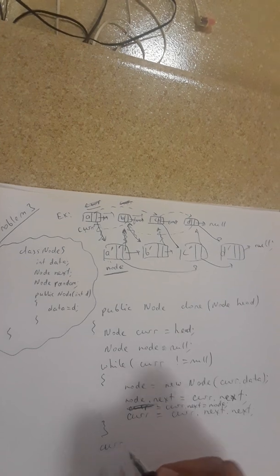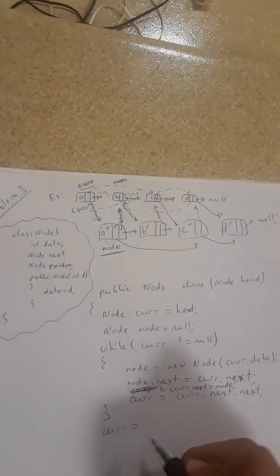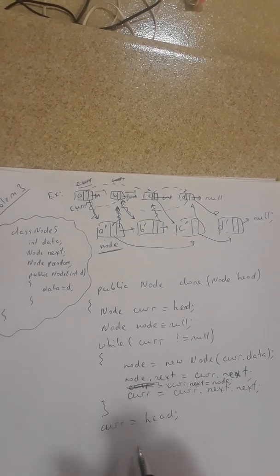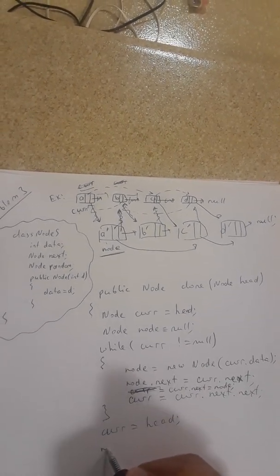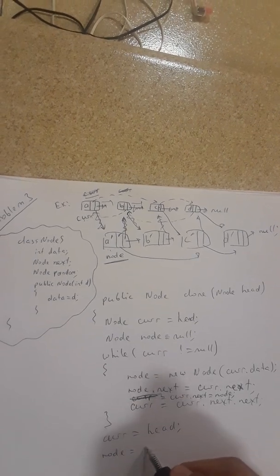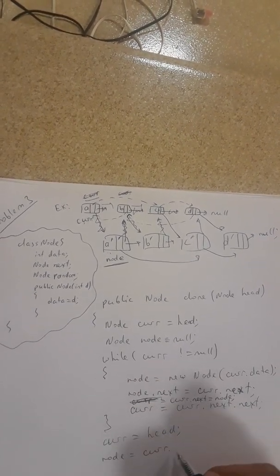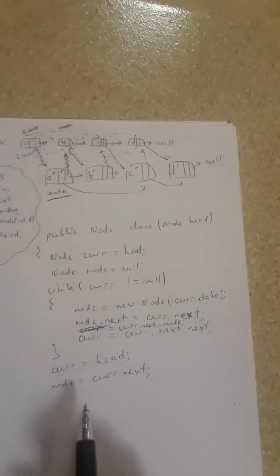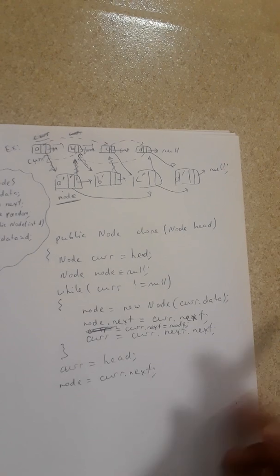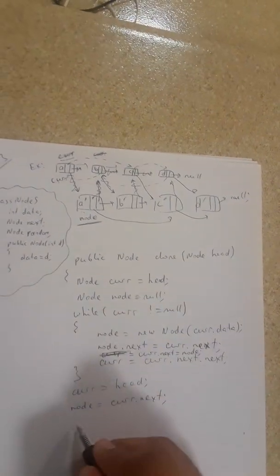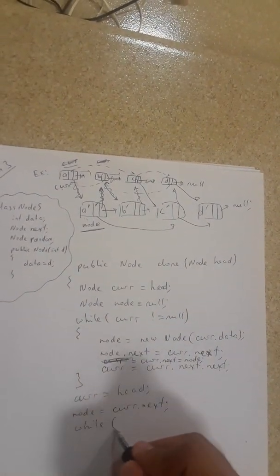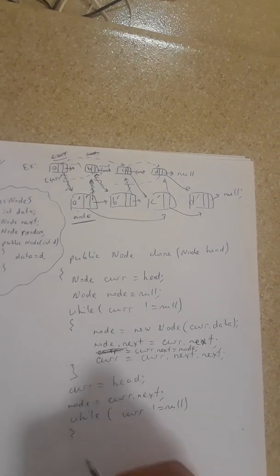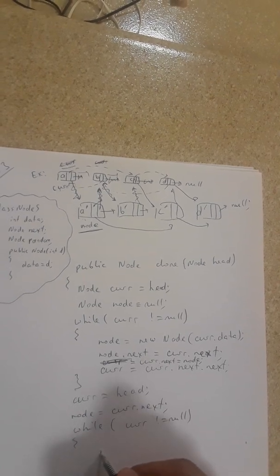Then I will again define my current to the beginning of the linked list, making it equal to the header. Then my node will be equal to the current next, pointing to the first node of the cloned linked list. So after that I will run my while loop again,